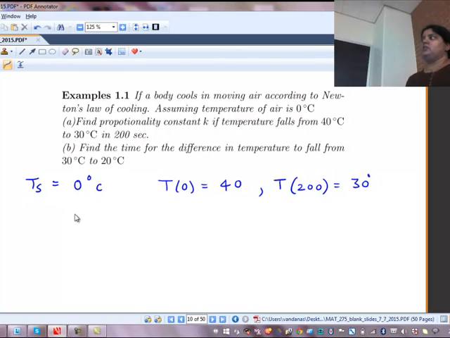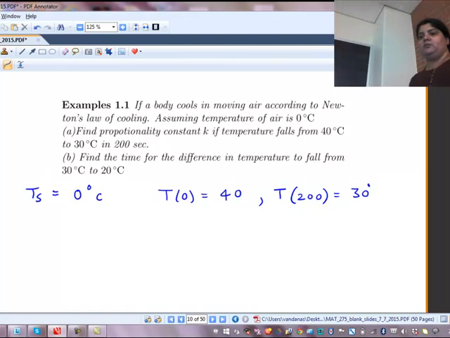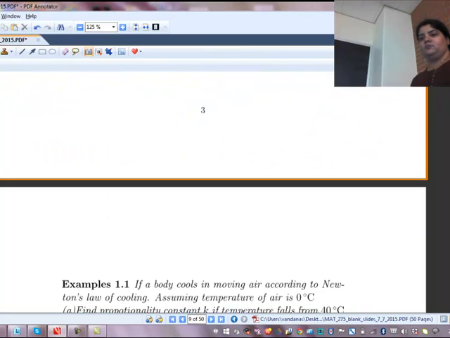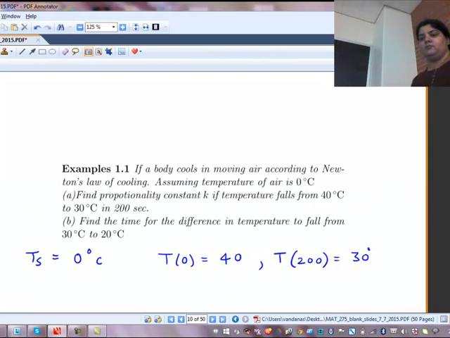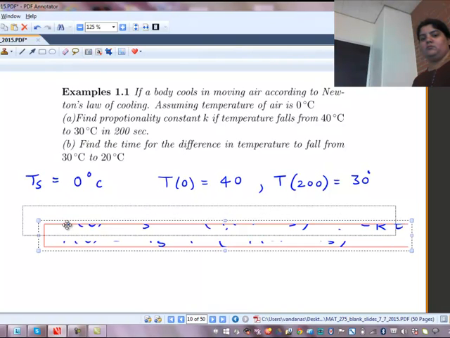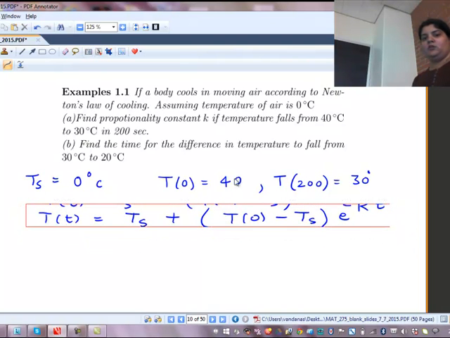So this information we have, and let's plug all these terms back into the formula. So T at 200 is 30, Ts is 0, T0 is 40, Ts is again 0,